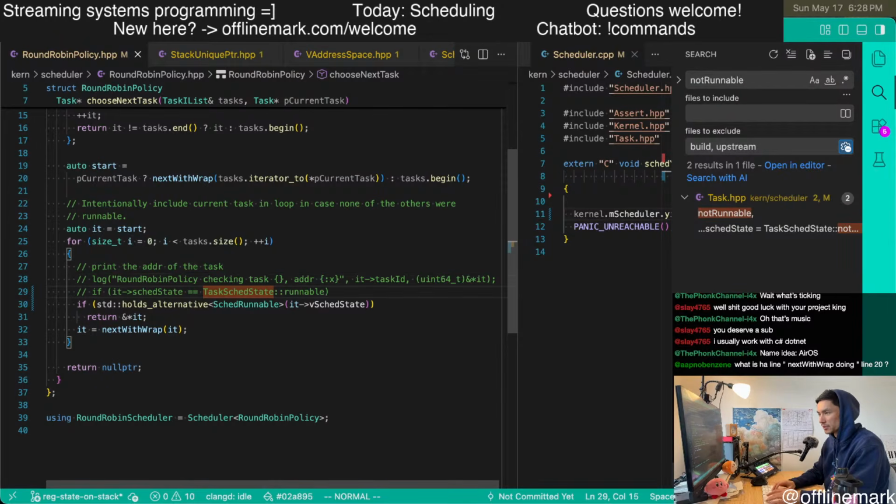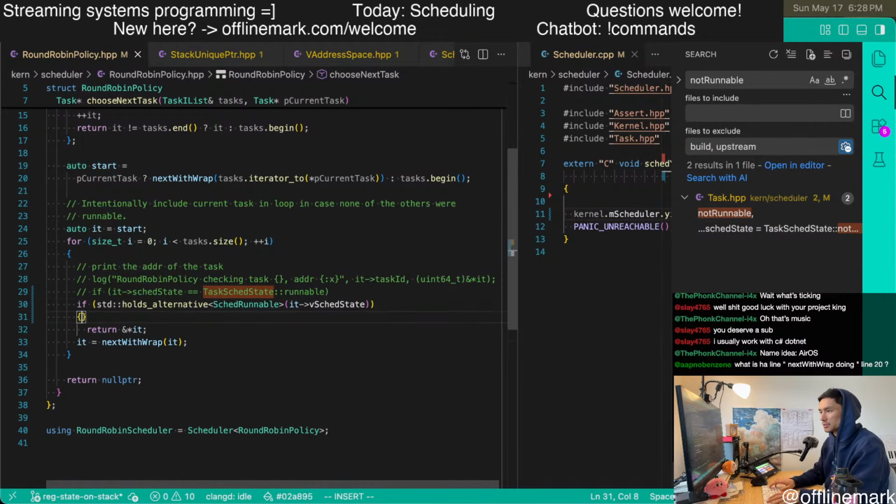I very much prefer the way this looks, but I just wonder if there's a better way to clean that up. I could have a wrapper function, for example.